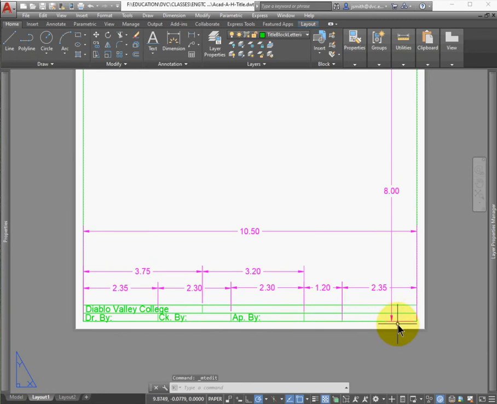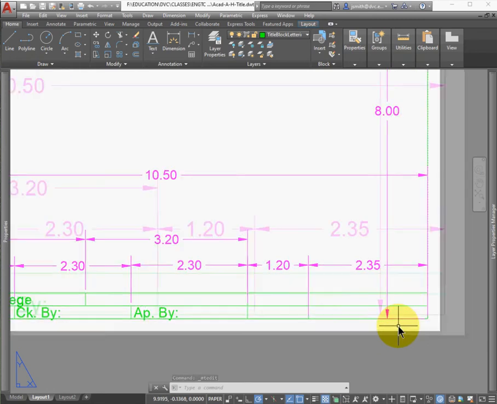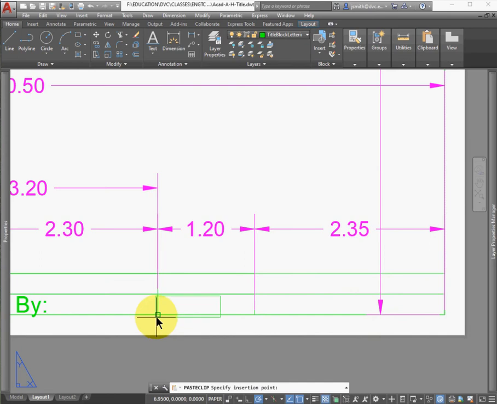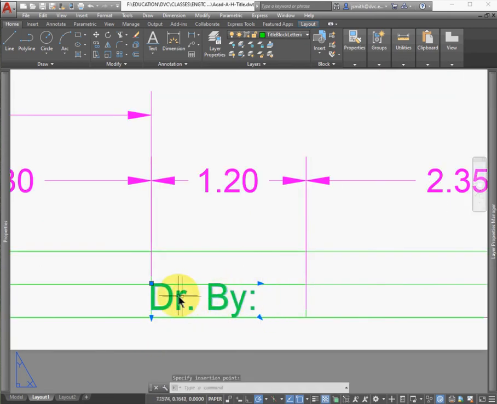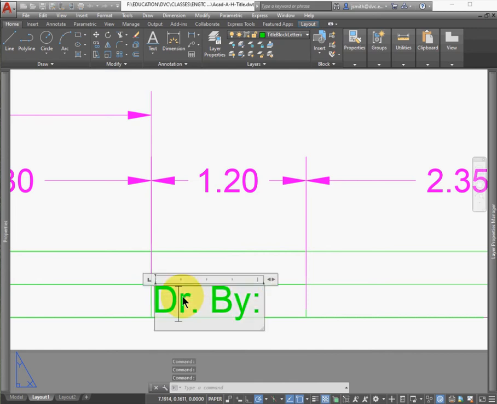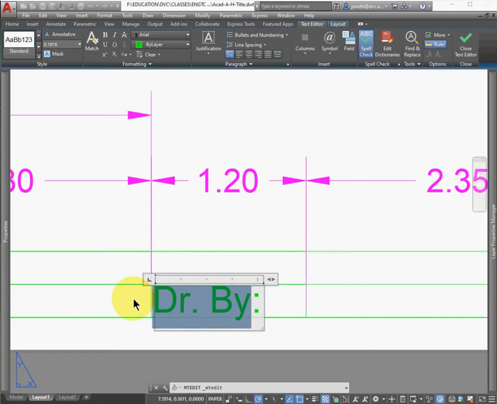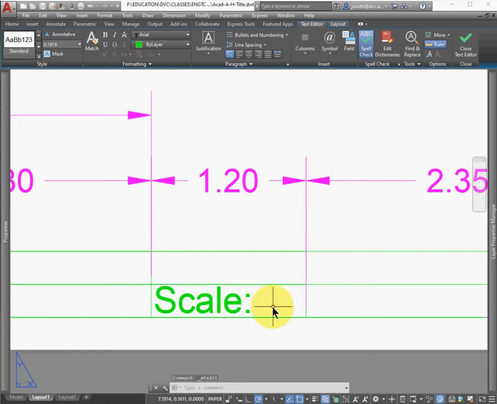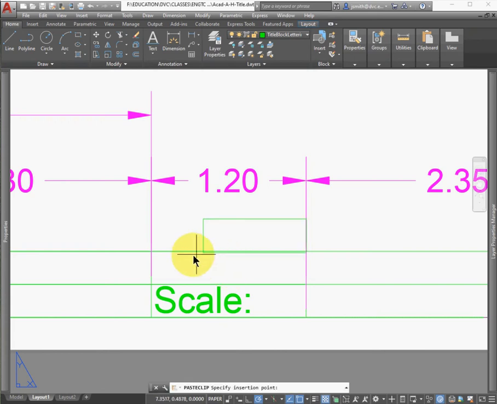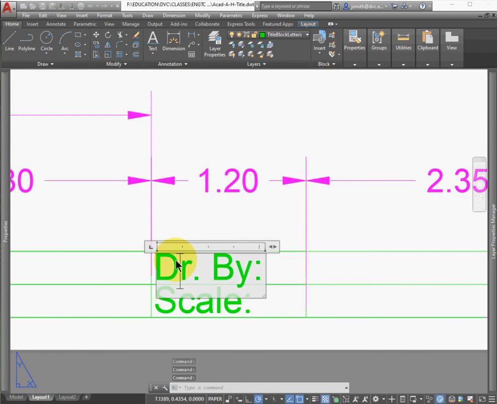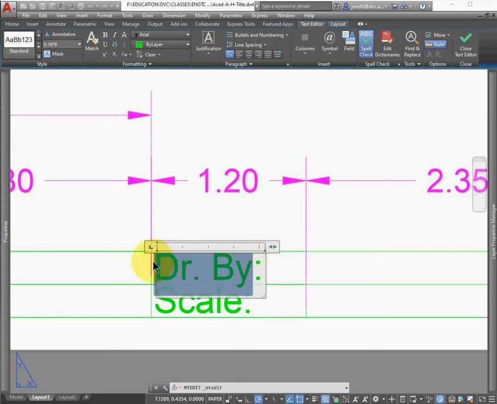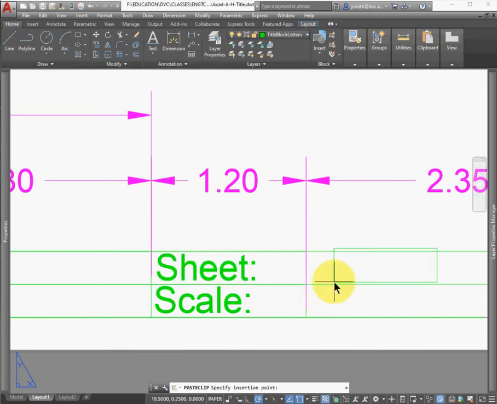And then I still have to do the sheet scale and the date and then the drawing number. So I'm just going to take this box and snap it in there and then drag it around as I need it. So this one's going to be the scale. So double clicking inside and then just typing it, scale. And then this one's going to be the sheet. So typically you have sheet numbers because you may have one object, but it may require 4 or 5 sheets. So typically you'd say 1 of 3 or just sheet 1, whatever you need to. So there's the sheet, and then